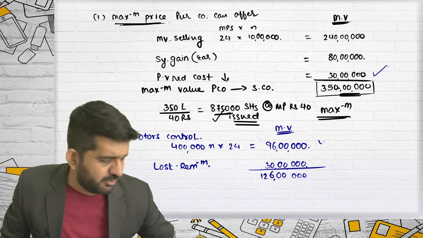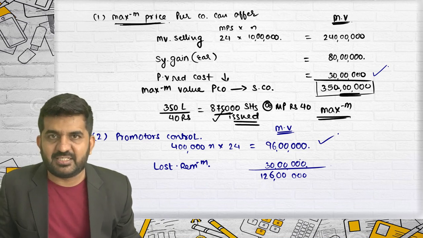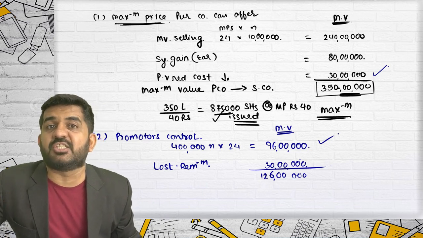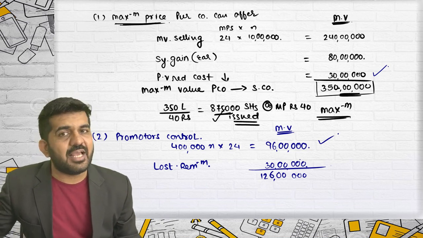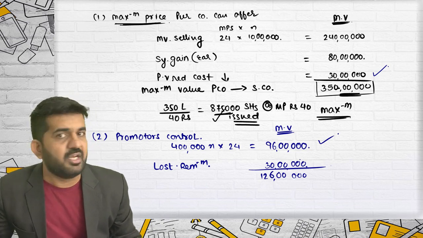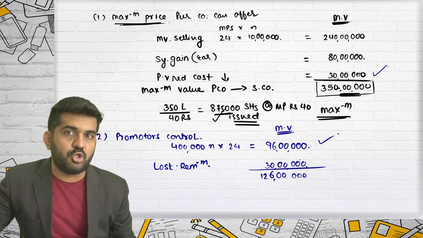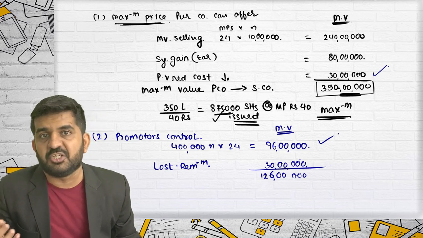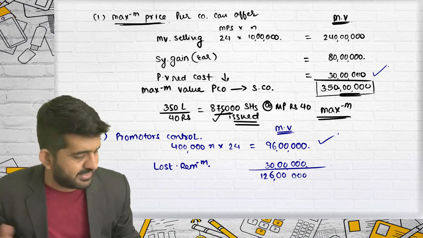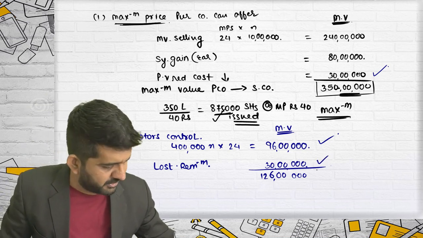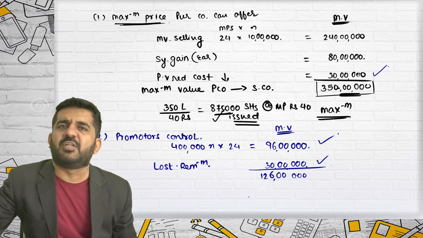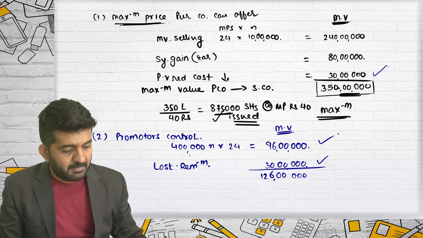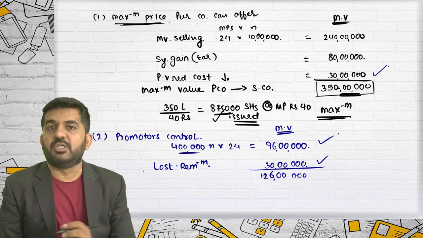See what they will be telling the purchasing company. Our market value is 96 lakhs, so we want 96 lakhs. But from now onwards, we are not going to get that extra salary. The salary they were getting was because they were working. Now they will not have to work, so they should not get salary. But they say that because we are losing our promoters' interest, we will be losing that extra salary and we want 30 lakhs rupees for that. That is the present value of that salary lost. So they want 1 crore 26 lakhs, but now they are only 4 lakh shareholders.